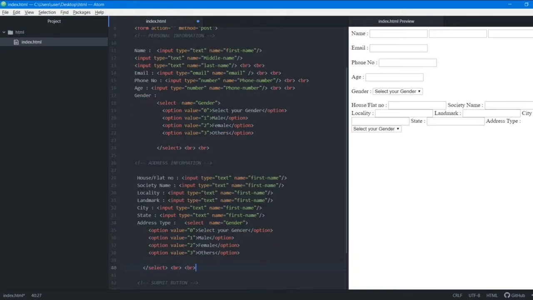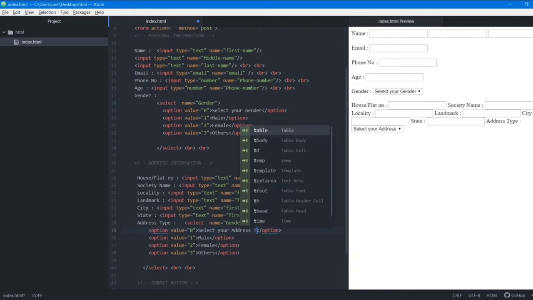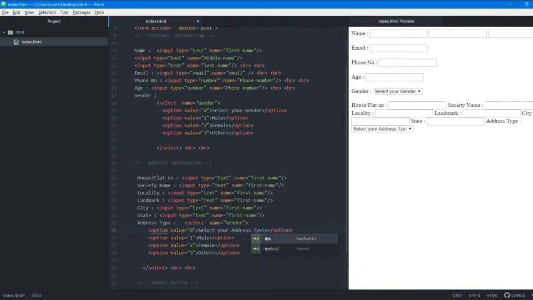Here I'm going to select your address type, or we'll just call it select address type, so it's visible to the user. Okay, we'll change it here to residential, and we'll add one more option, that is commercial, and we'll remove this third option.